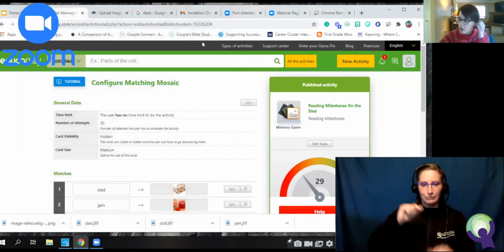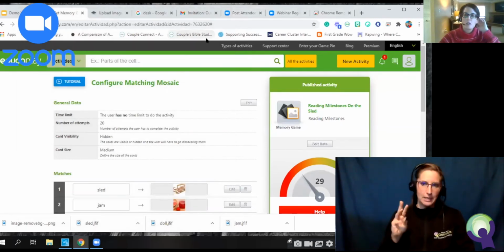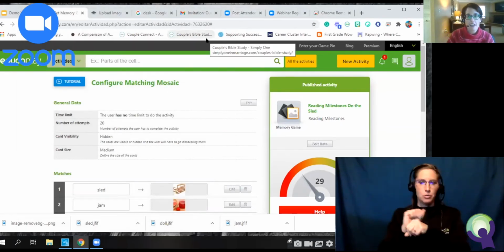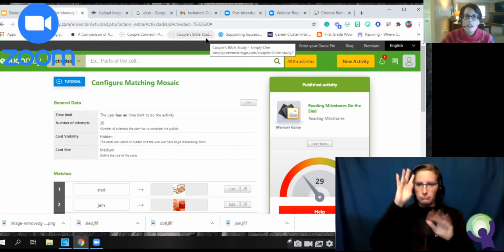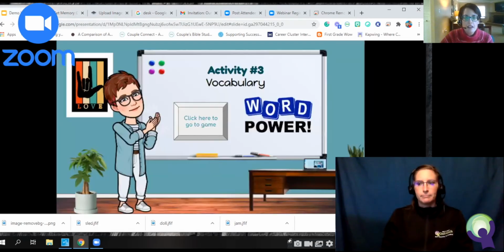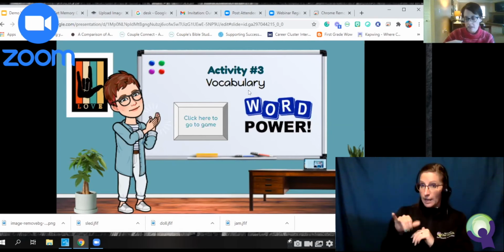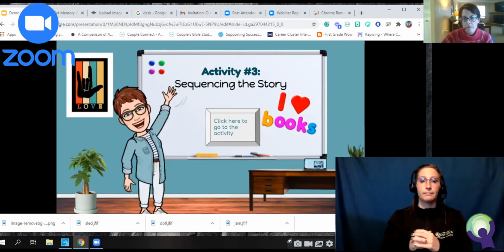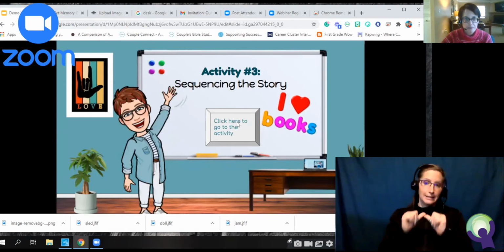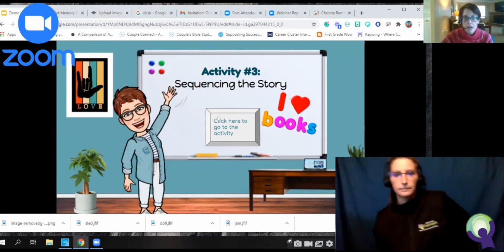So that is a cool website that I found to work on vocabulary. And again, it's not just matching and memory matching. They have all kinds of different games that you can make. Okay, so then I would typically, when we're done with that, we would come back to my Bitmoji classroom and then continue with our activities. So for this activity, sequencing the story,